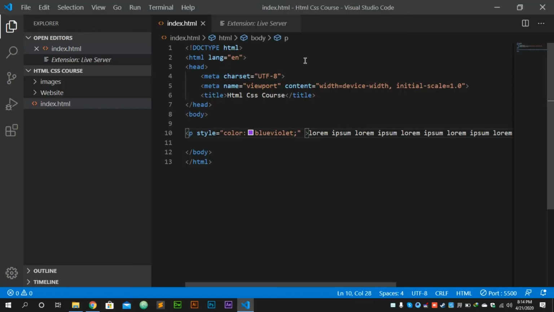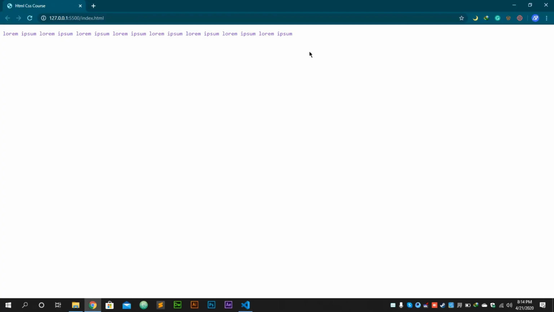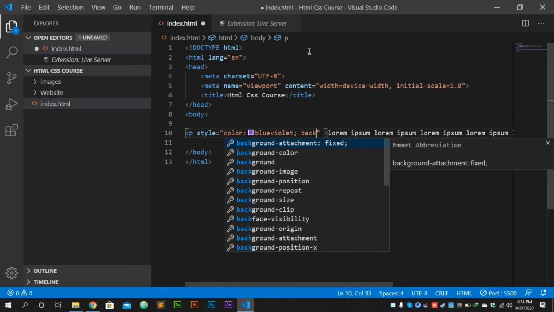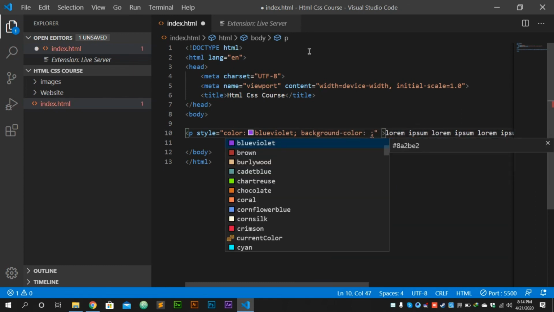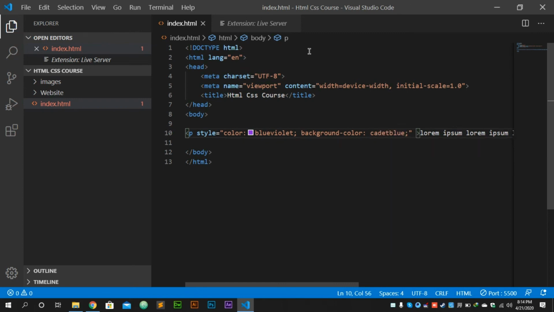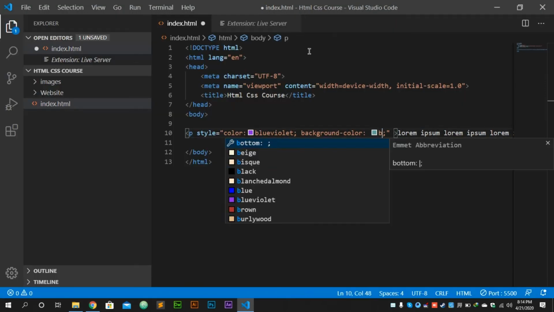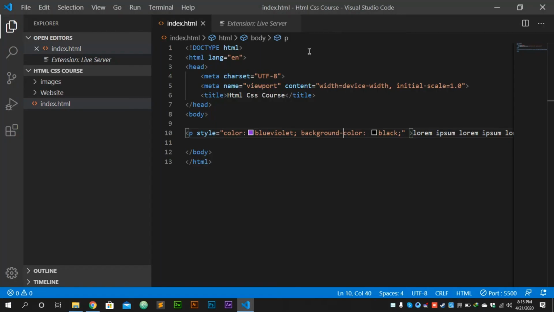Now if I want to change its background color also, there is a CSS property of background color. Just choose cadet blue. You can see now, I can add black, so it will be black.